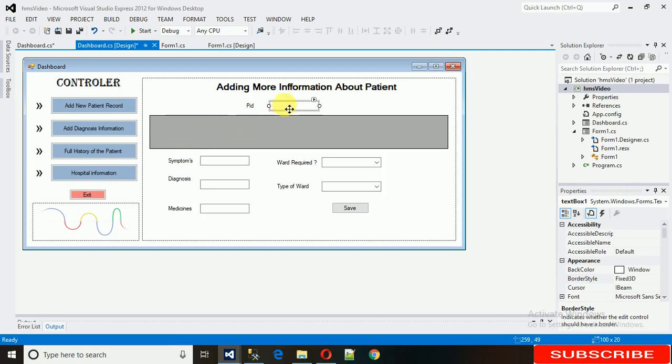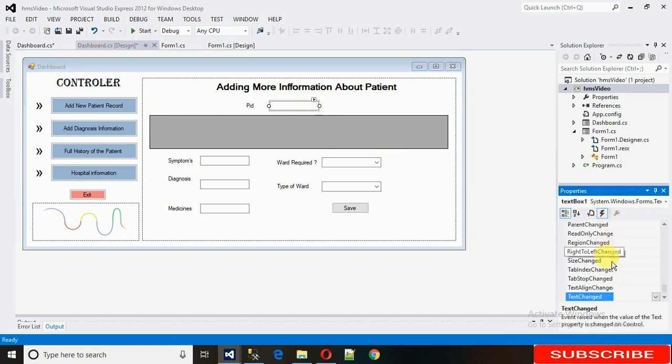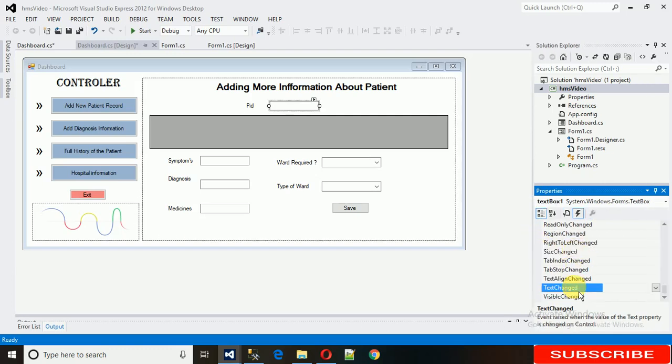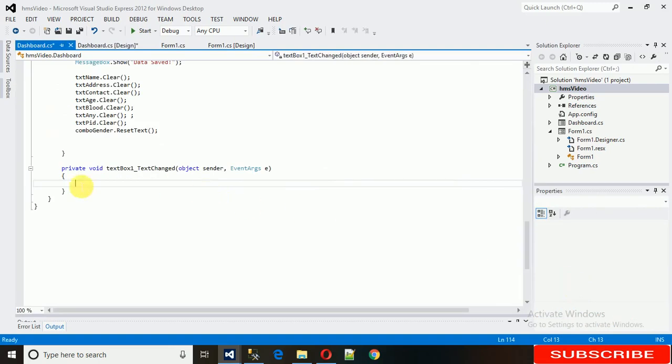We are going to generate a text change event of this text box. Let me generate the text change event. For that, just click on this and go to event change and search for text change event. Here it is. Now just double click on this and the text changed event will be generated. I've just double clicked on this, and here you can see textBox1 dot text change event is generated. So now what we need is